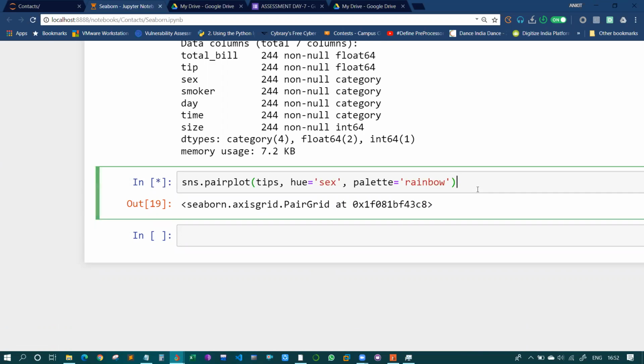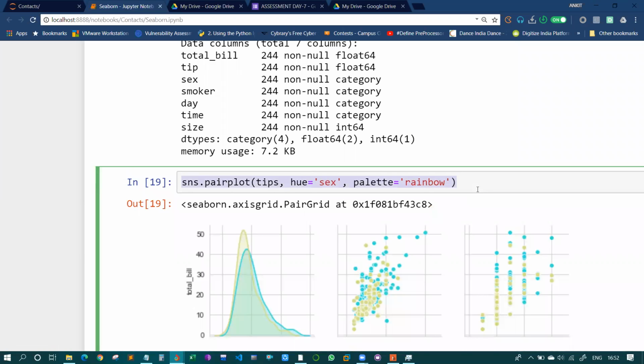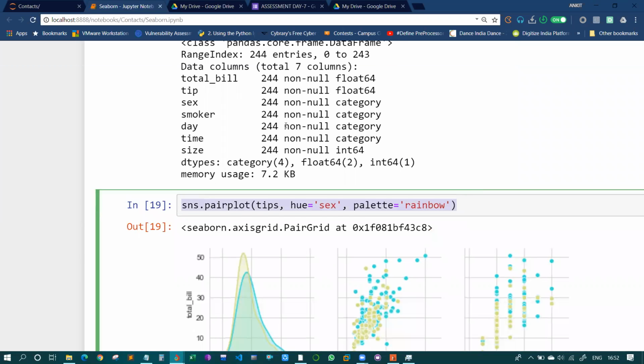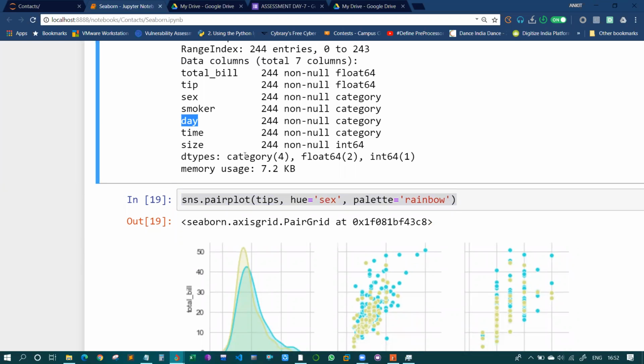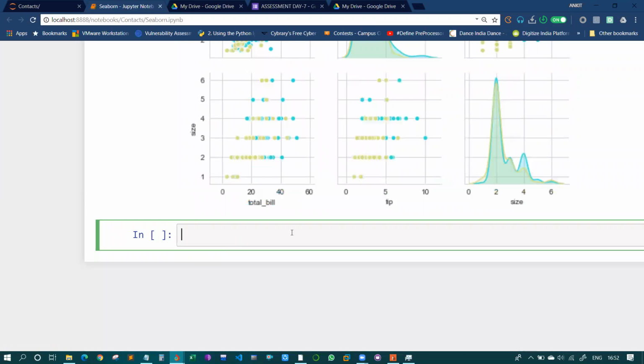Now let's compare the data on the basis of, let's say, day. So on which day we had the maximum customers and all. So plotting the pair plot with changing the hue to day.